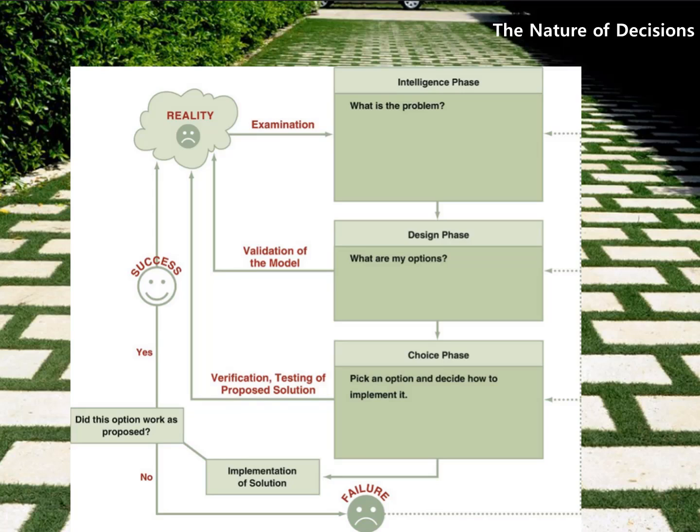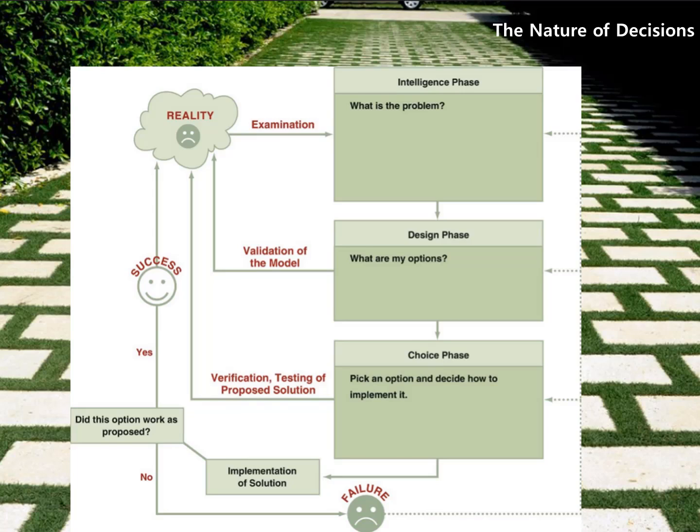Validation of these models occurs in the design phase. Finally, we have choices. The choice phase involves selecting a course of action from those available and implementing that choice. You can see from this explanation that we engage in intelligence, design, and choice all day long, for simple decisions such as what to eat for lunch, to complicated decisions such as what type of language we will use to write